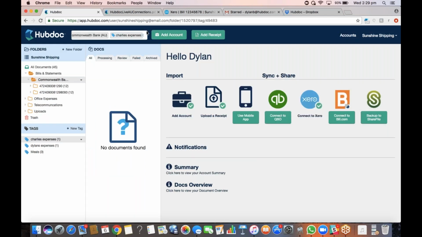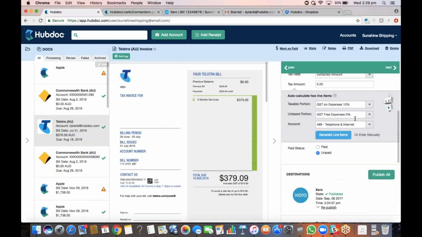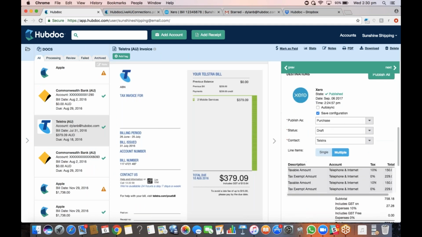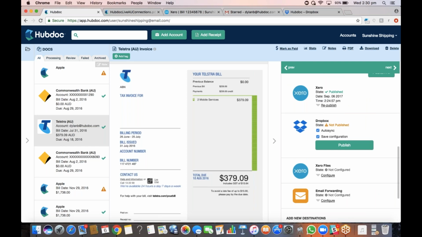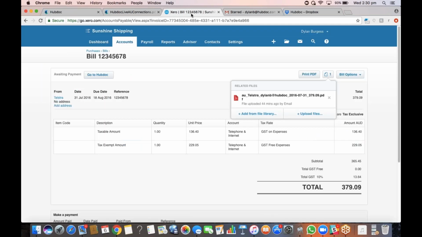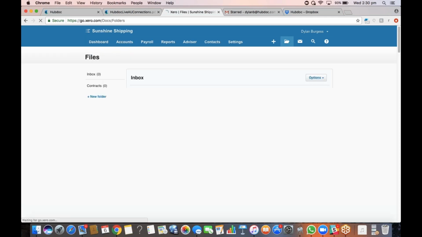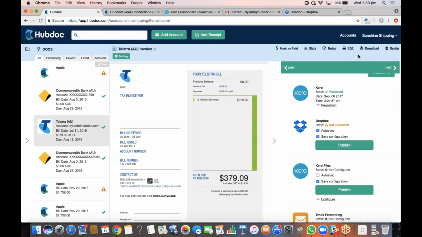So to see where this is, I'll just jump back into my document stream here, and I will show you what that looks like. So coming back in here, you can see Xero here. This is the normal Xero. This is where we do create transactions for you. And then coming down here, you'll see that Xero files. So there's Xero up here, Xero files down here. So this is where you would publish the document across if you didn't want it to create a transaction. So for a bank statement, for example, that's where you'd publish the document across. And then going across in Xero, this is the folder here. This is where Xero files are all stored. So you can see there's Xero files. That is where you would find them. So back into Hubdoc,